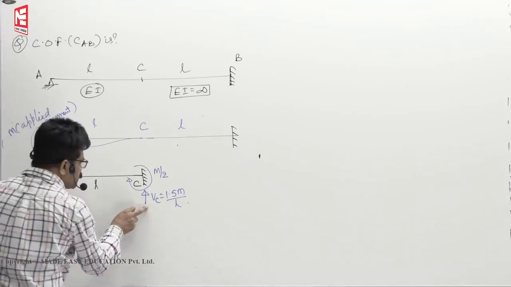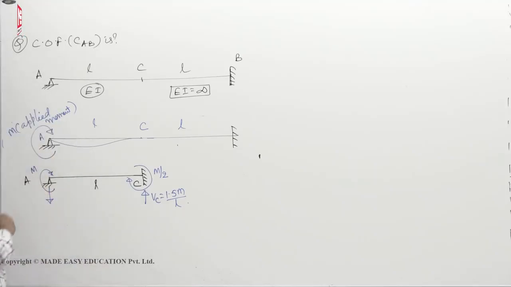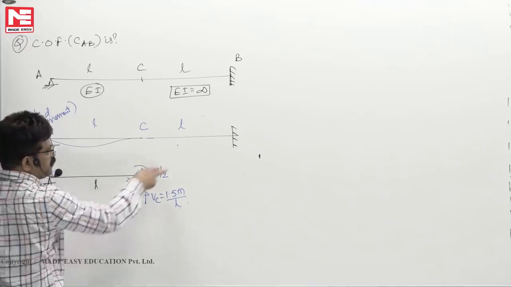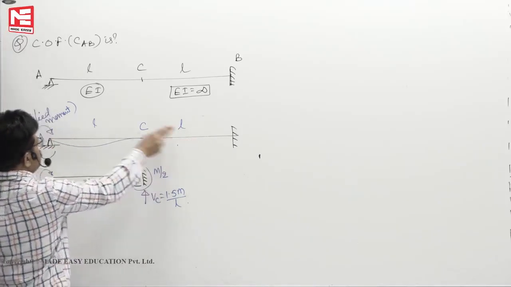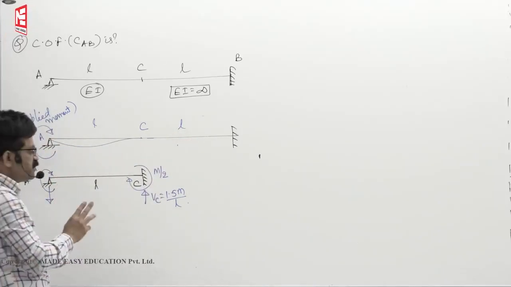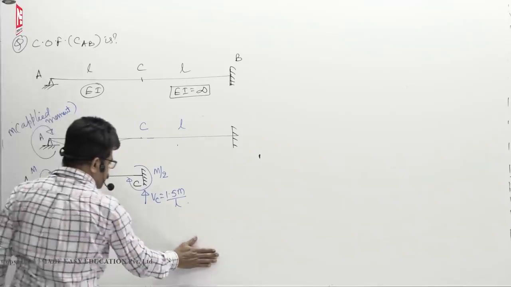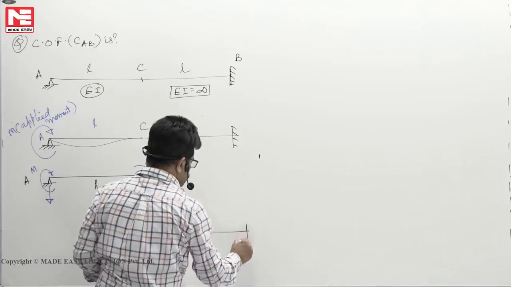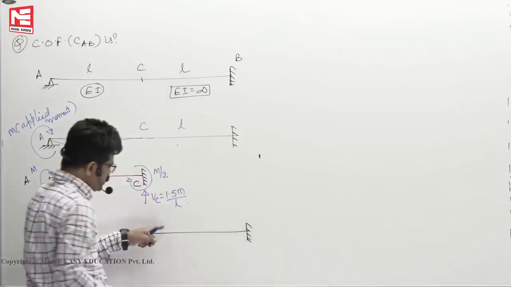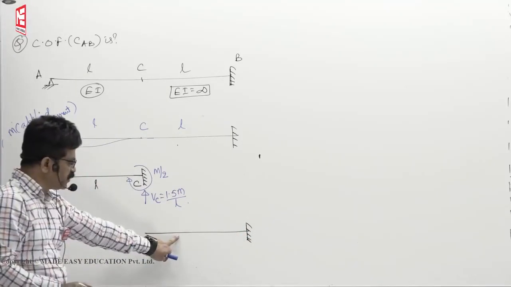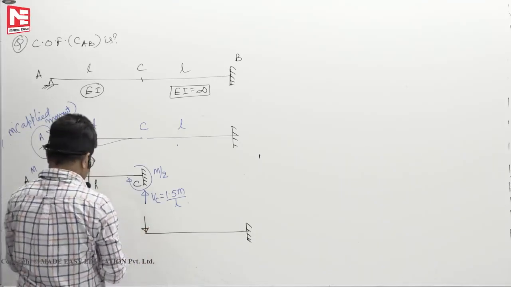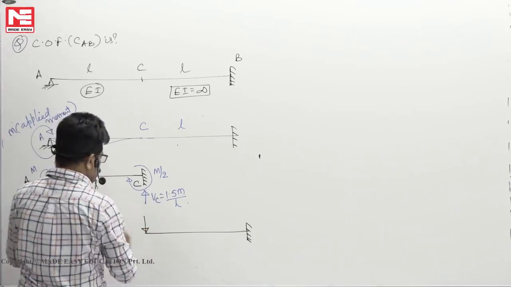Then who will give this VC and MC to the beam AC? These two forces are exerted by CB member on CA member. That means in return, on this member, if I draw this free body diagram, see, this will not go down. It will remain here only. No deflection on this one. But VC is acting vertically down. This force is